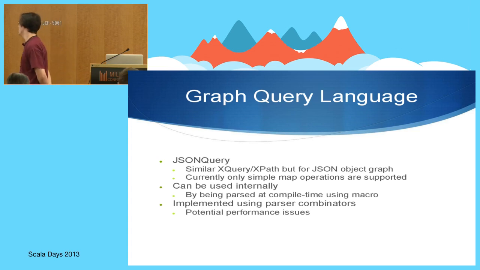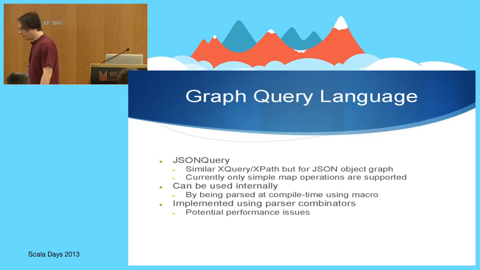So currently, the implementation is not the full implementation of the JSON query specification. We only support a basic map operation. I will show some example just after. It's what we've seen at the beginning. So we want to be able to use this query in Scala code as well. So what we did is that we created a macro, which you can give the JSON query string, and it will be compiled and added directly during the compilation, versus using it at runtime from, for example, when you have an endpoint which receives this kind of thing.